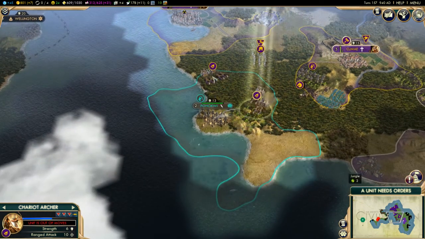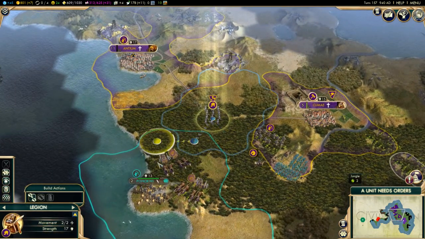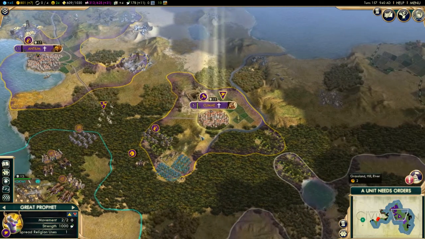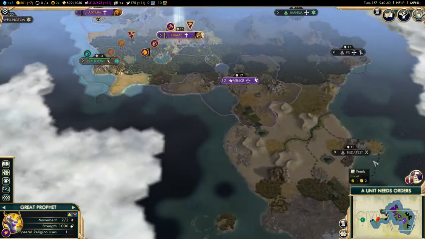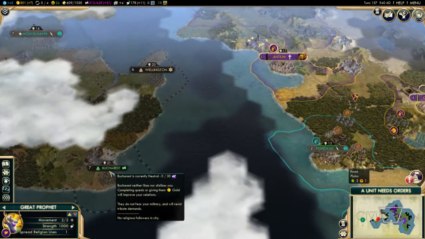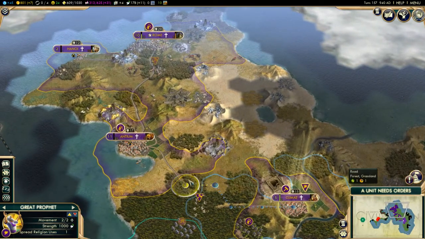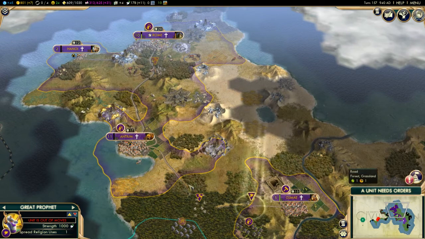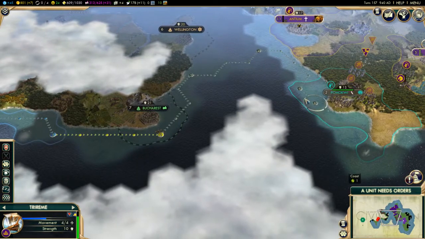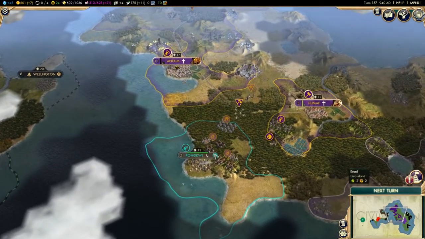Why aren't you attacking? I'm surprised that these guys are not actually attacking. Do they have something that I'm not aware of? They shouldn't. Okay, so now this great prophet... so, what did these guys actually want? Alright, it was the Bucharest that wanted me to spread my religion there. So let's actually send this guy out of harm's way, and let's hope that we can actually move this guy over sea. And while we do that, let's send our trireme back to our coast to actually lay siege